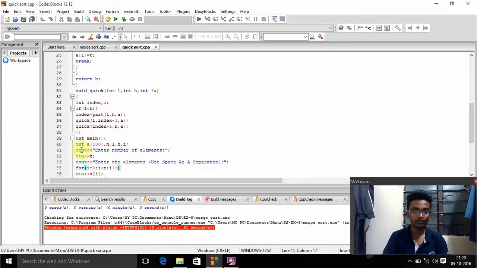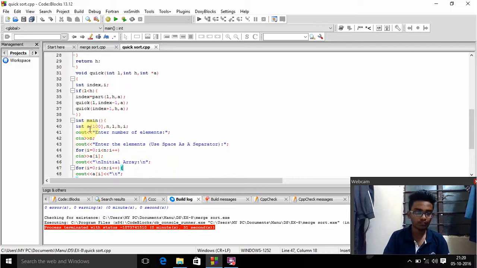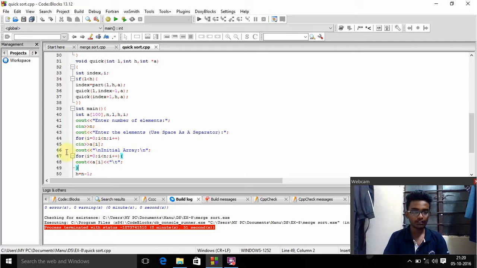And then in the int main we declared the variables in the data type. We have a of 100, n, l, h, i, and here in the cout it will ask to enter the number of elements to be sorted, then we have to enter the number of elements in cin. Then it will ask which elements we want to be sorted, then we have to enter the elements to be sorted, and this will work according to this condition: i is equal to 0, i less than n, i plus plus,